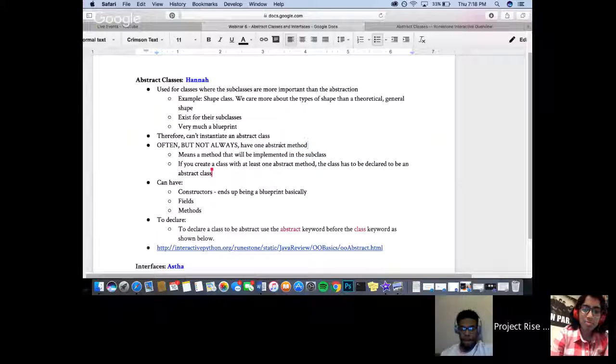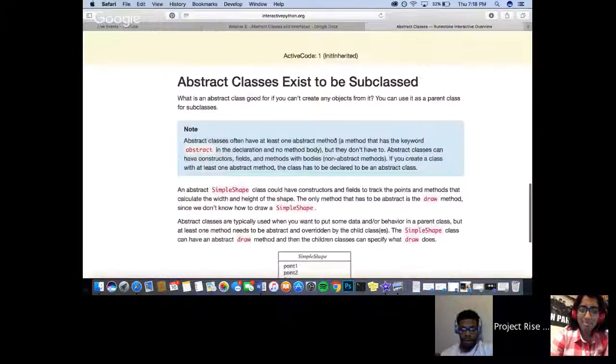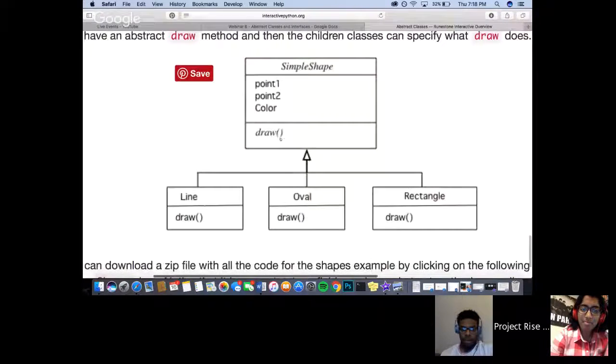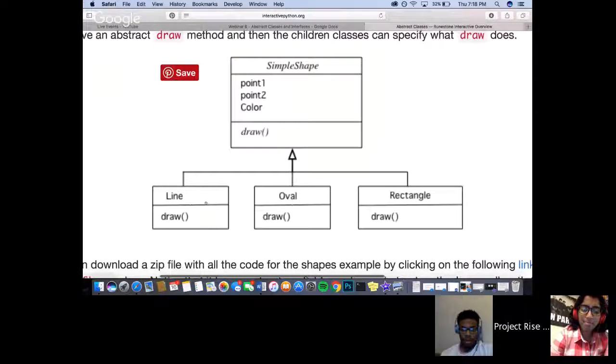But if you do provide that abstract method, and you have a subclass of that class, it still works the same way as if you had a regular superclass, not an abstract superclass, that you still are going to end up having to implement that method in the subclass. So if we go back to our simple shape, if we had declared draw to be an abstract method, public abstract draw,